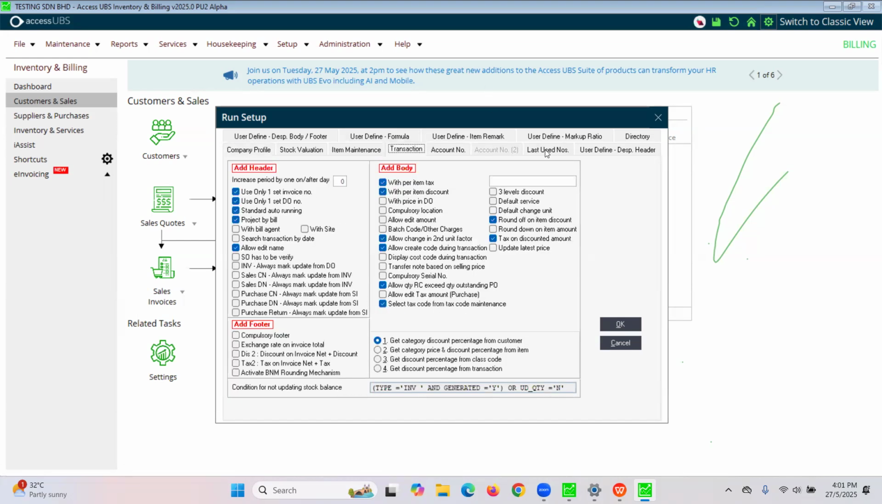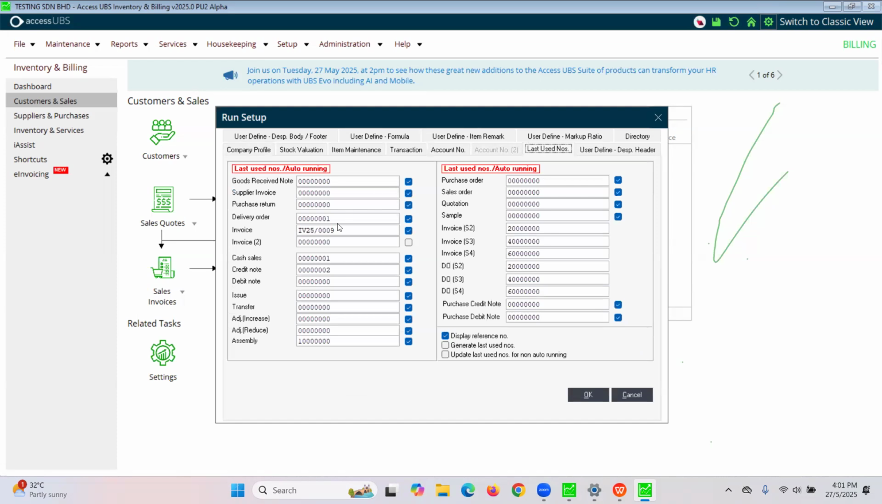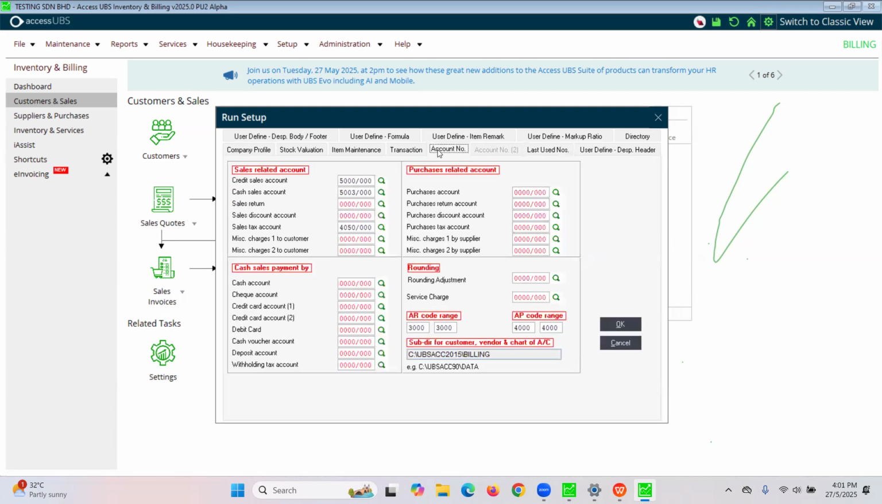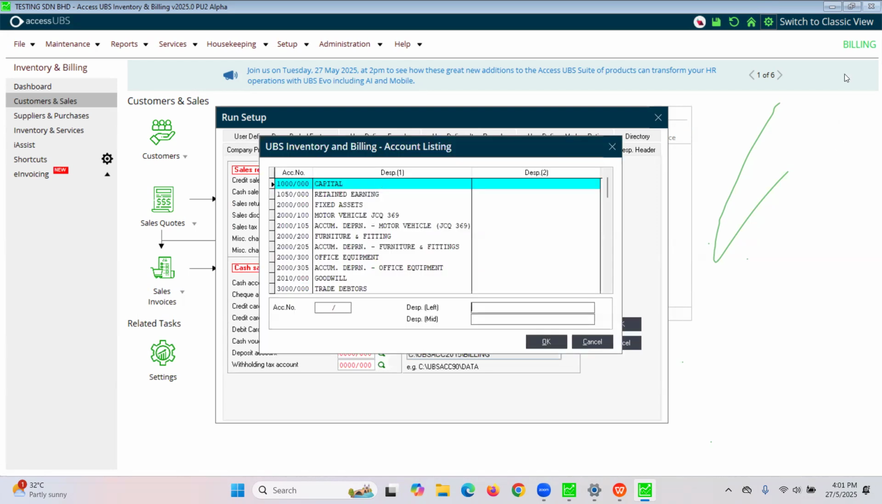And we also got the set about the last use number. Okay, we search for the last use number. Now we need to go for the account number. Under the account number here, I have to set for my credit sales. If you have only one sales, then you just choose down. When you click down,